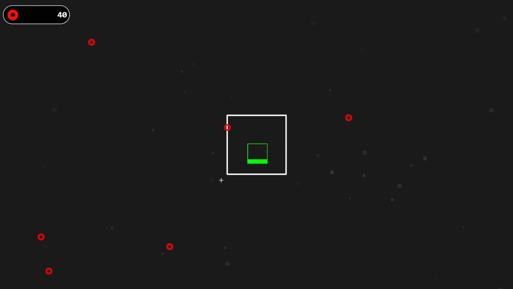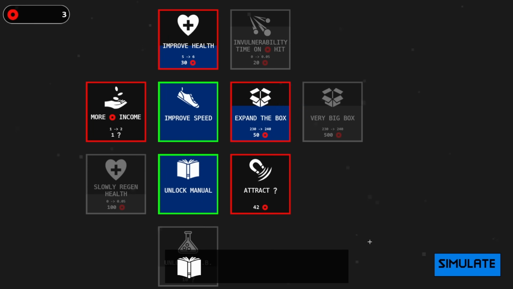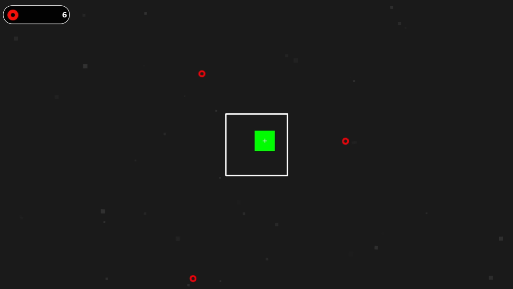Well, that was a very bad corner play there. And we're gonna die here. Very nice. Now let's go box size. And we now have attract. Very big box is another choice. Attraction is very important. So we can go off to the next...